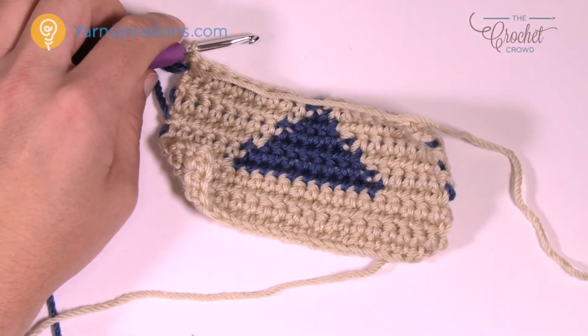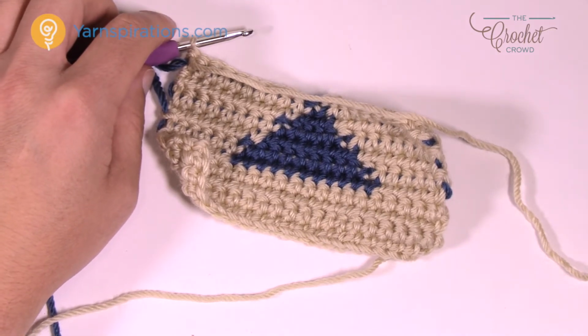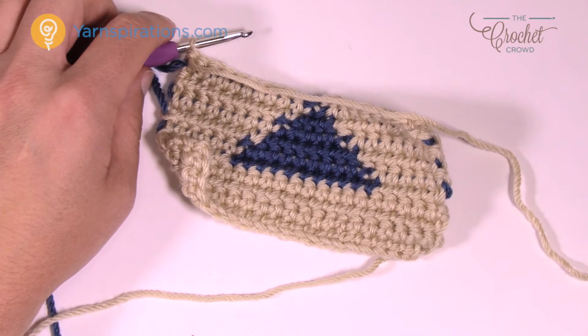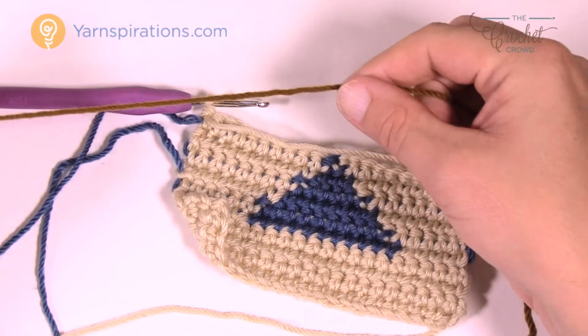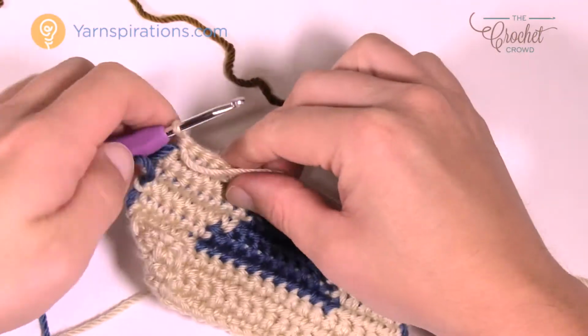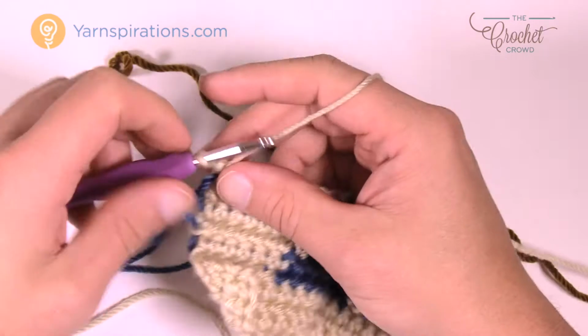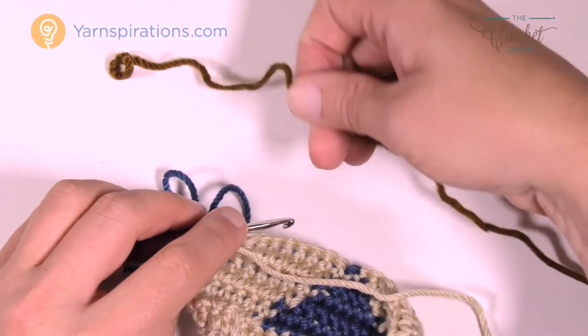And do you remember how many stitches it was in order for you to go across? It was a total of 5, if you remember right from the very beginning, and we're gonna do that next. So let's start our next color. So we bring on our next color. In this case I'm just gonna do brown, and I'll pull it from behind, and we're gonna start the next one up. So just chain up 1, insert into the first one,